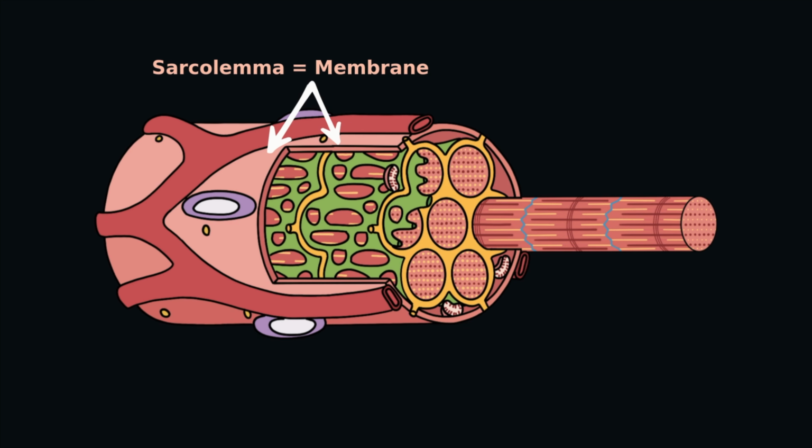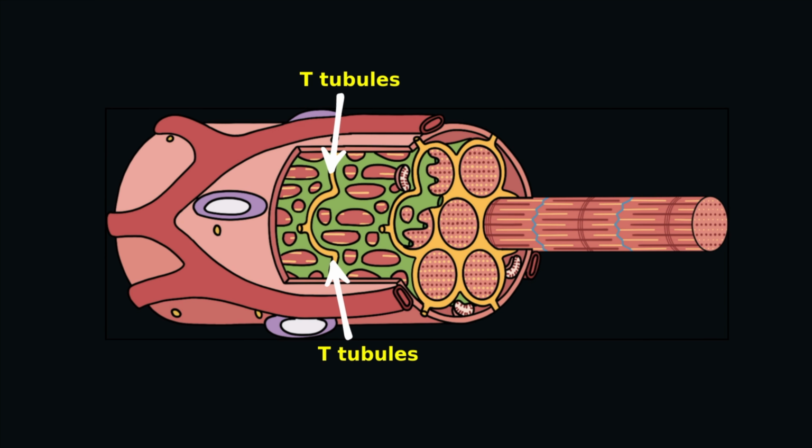It's important to note that the sarcolemma does not surround each of the myofibrils, but just the overall muscle fibre. Next are T-tubules, which are deep projections of the sarcolemma, almost like tunnels. You can see on the image with the yellow circles. They actually surround the myofibrils and are really important for transmitting action potentials from the sarcolemma, that membrane, to the